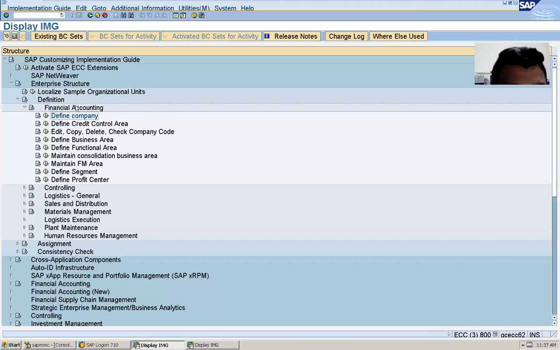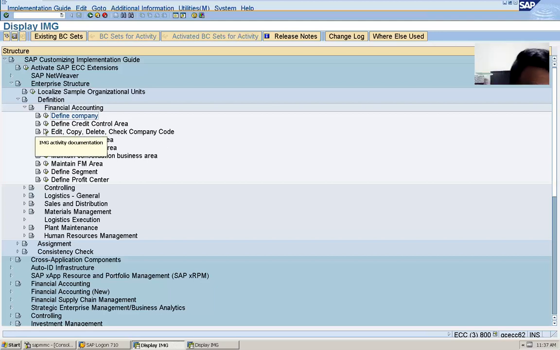Define company is optional. You do it or you don't do it, nothing will happen. But company code is very important because whatever you make in SAP, you will assign it to the company. Okay. Is this clear?